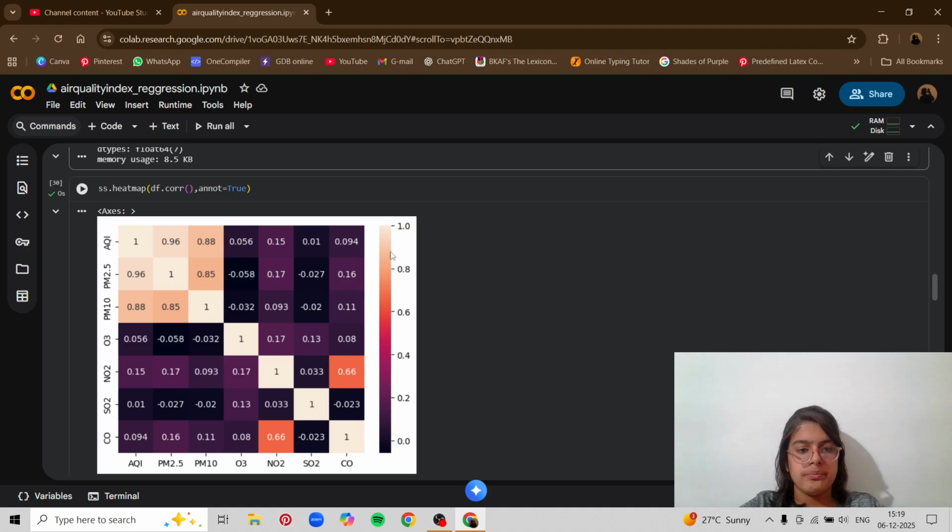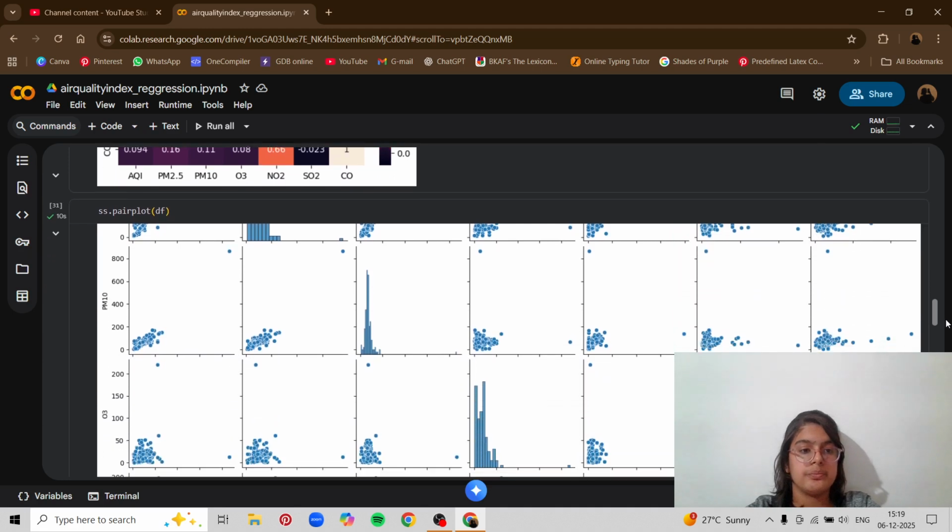You can see the one with the most relation with AQI is the lightest color. So AQI is related to AQI obviously, and AQI is also very much related to PM10 and PM2.5. Now these are just information that we are keeping. Later on we will use functions, but it is important to understand our data and what we are doing.